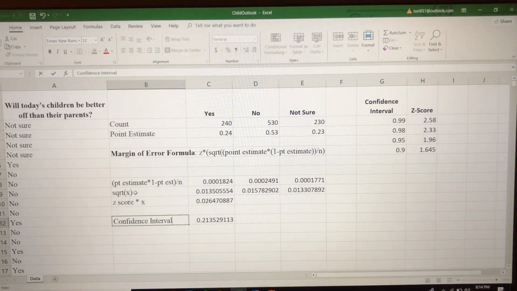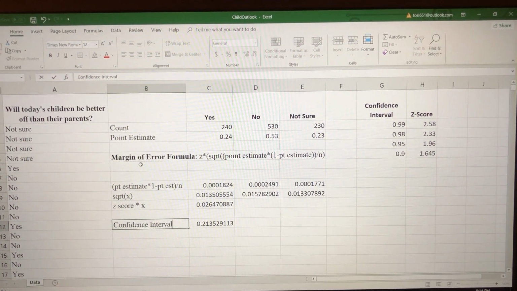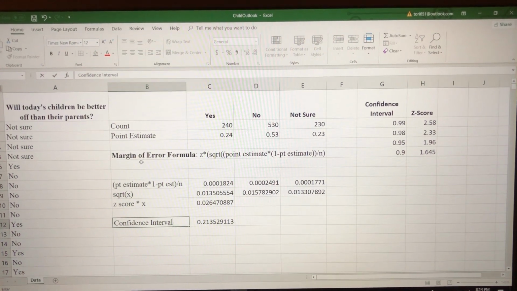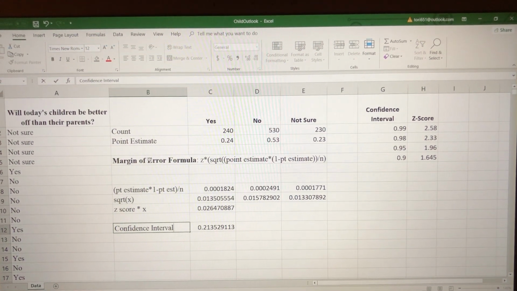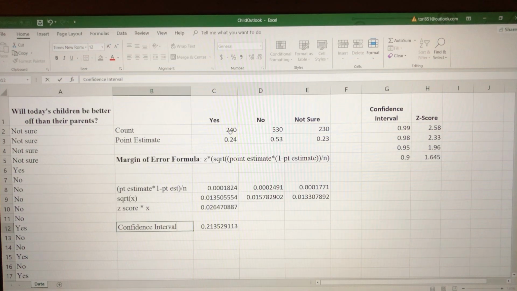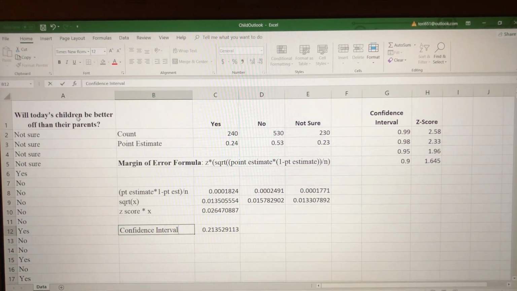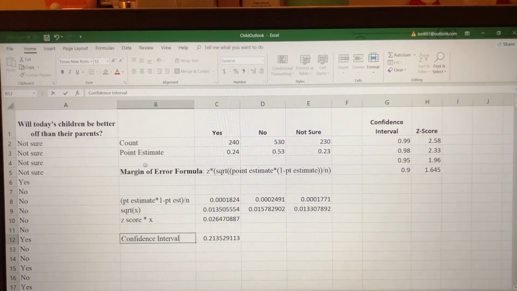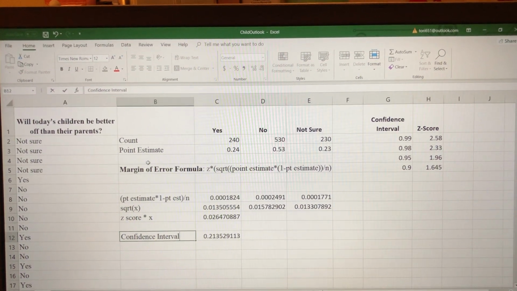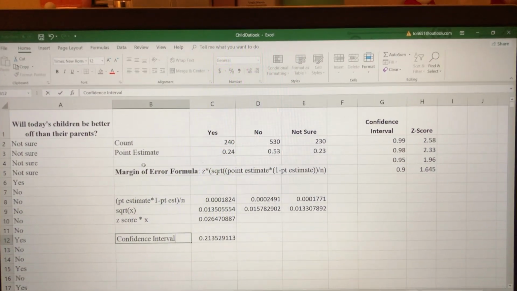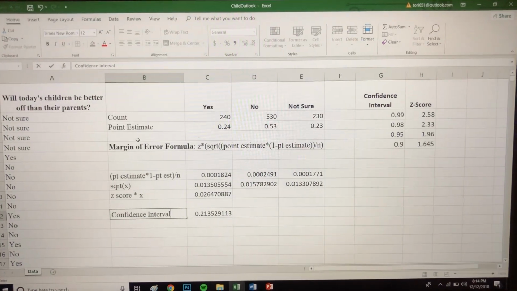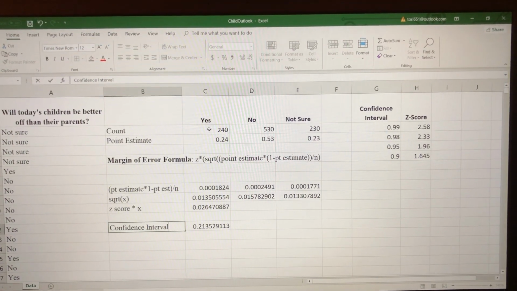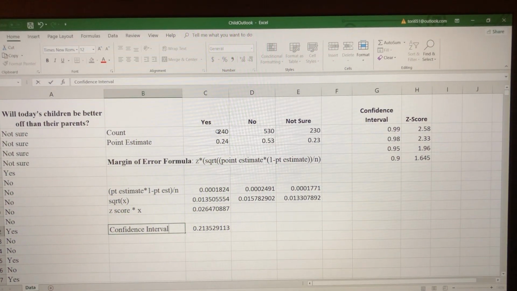Alright, so for my topic, I'm going to be talking about the margin of error formula for sample sizes and how to find the confidence interval from it. So I took a question from the Chapter 6 homework where it asked at a 95% confidence interval, what is the margin of error? So what I first did is I went here and I used the COUNTIF function to